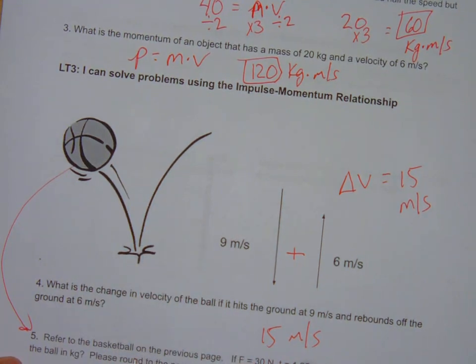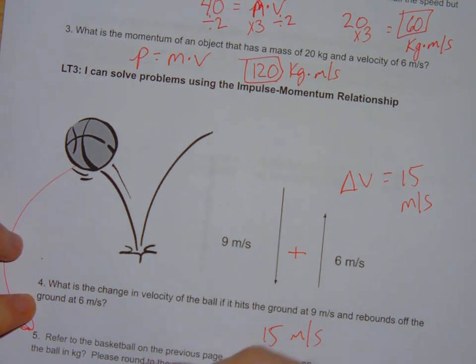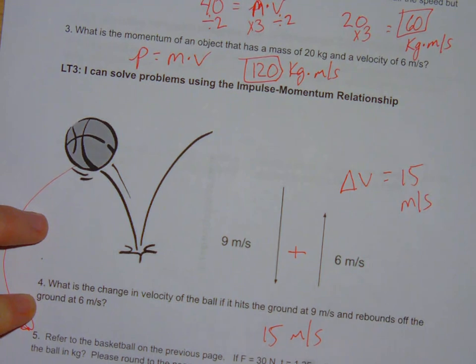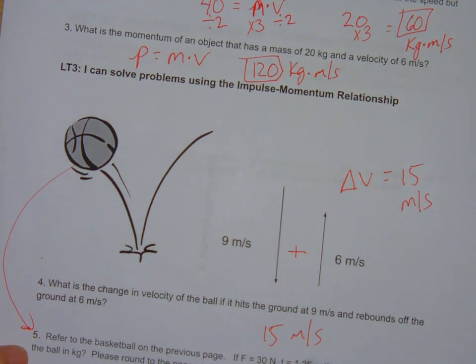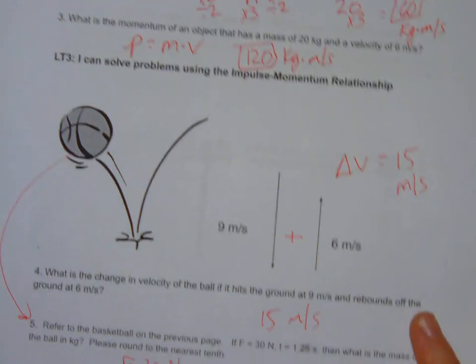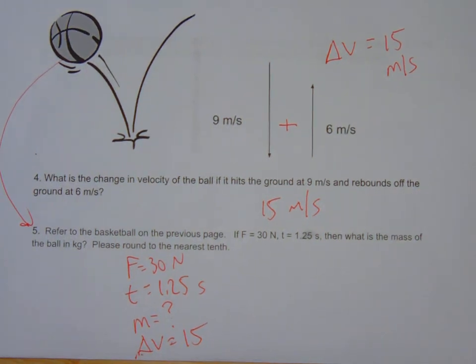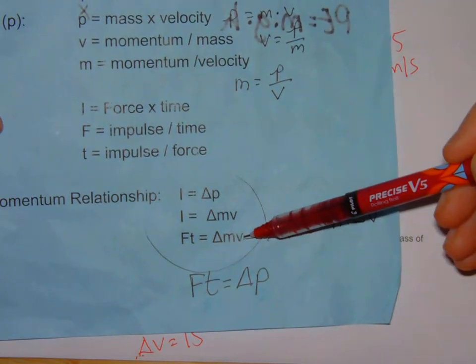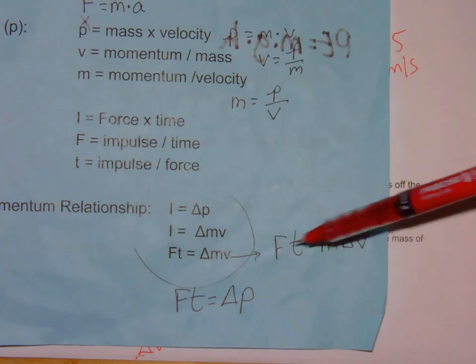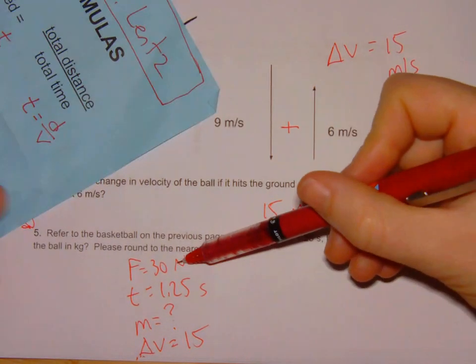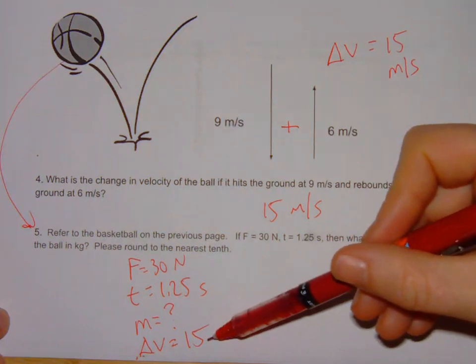So using this picture, if I give you the force is 30 newtons, and the time of impact, so when the ball hits, gets pushed back off by the floor, is 1.25 seconds. You want to find the mass of the ball in kilograms, and we know from the previous problem its change in velocity is 15. The number one question people will ask is, which formula? After you get all your variables written down, whichever one has them in it, that's the one you use. So since we have a force, a time, we want a mass, and we have a change in velocity,